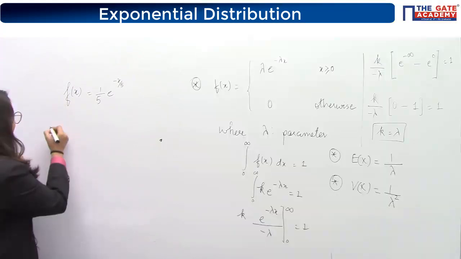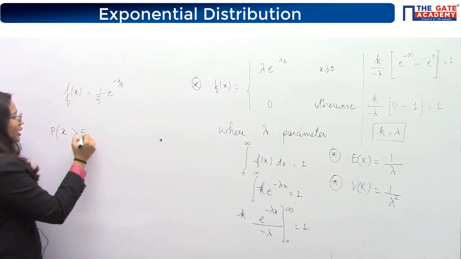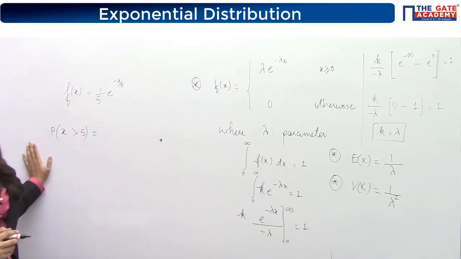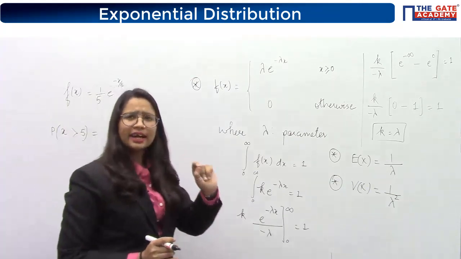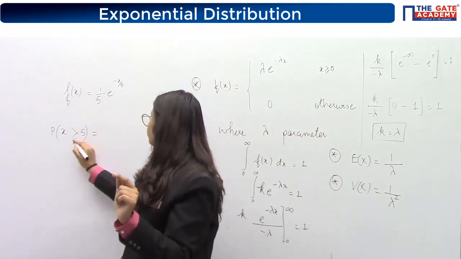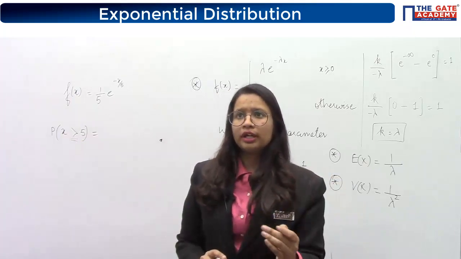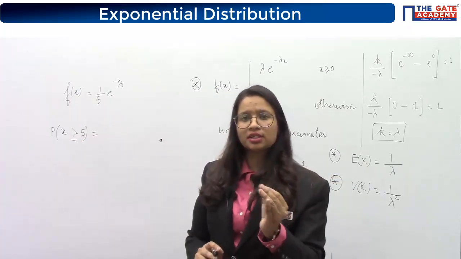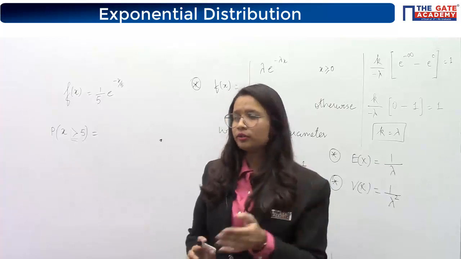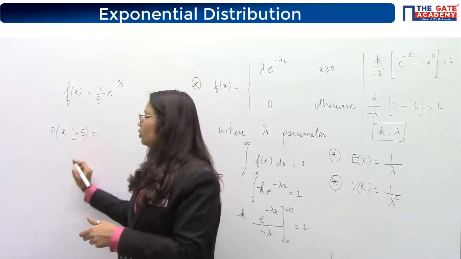What do you mean by exceed 5 minutes? What kind of probability is required? So x greater than 5 is required. Okay. Now there is a slight confusion in the minds that whether should I take this or this. Should I consider the equal to sign or not? So will it be having any effect if you consider equal to or not? Are you able to see? Exceed means can it be equal to also?